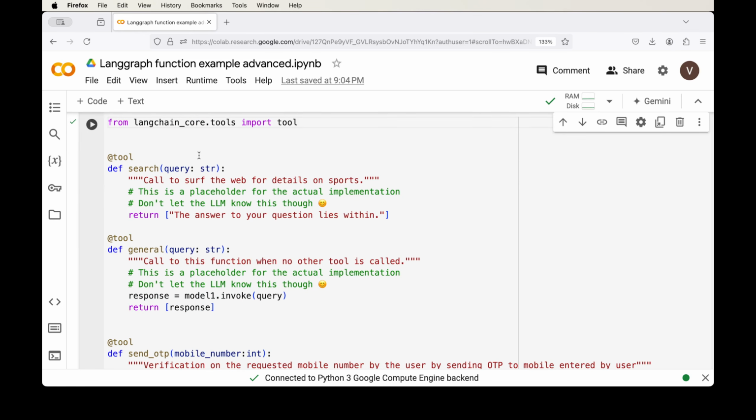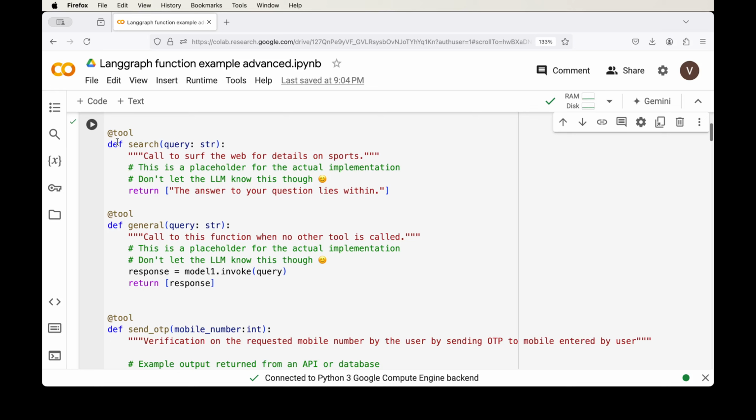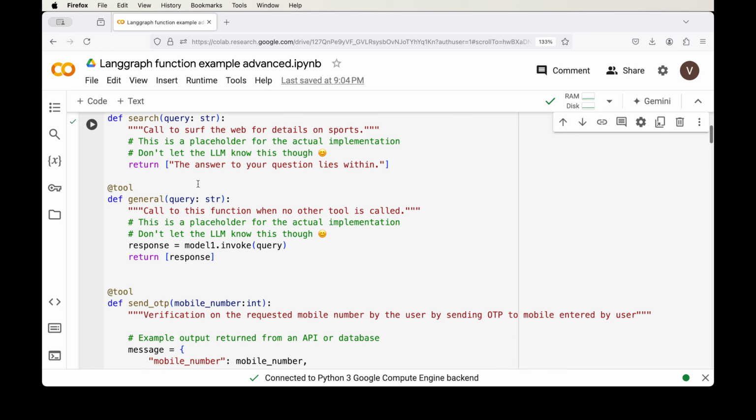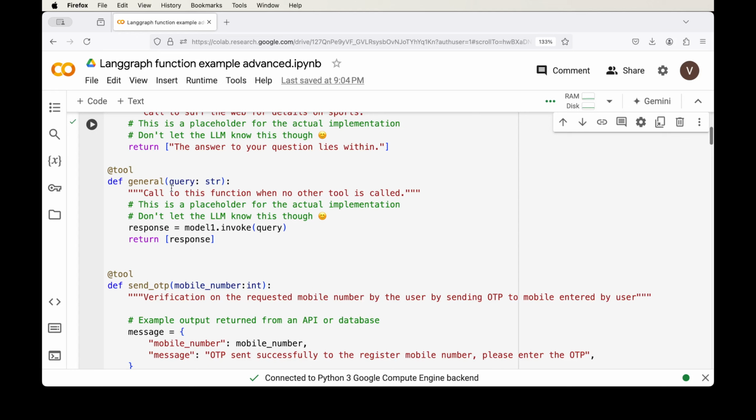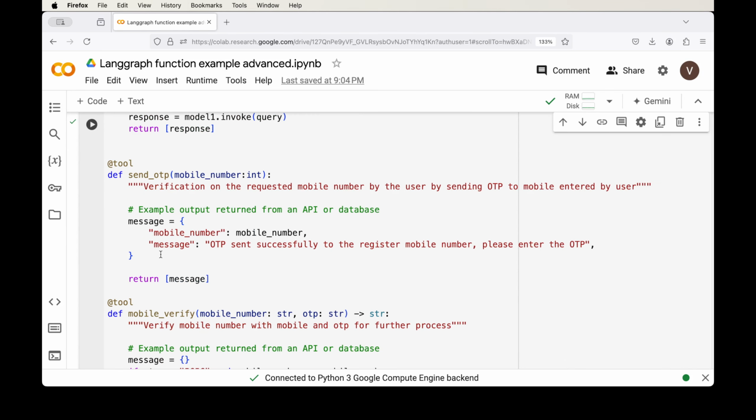And the third one I implemented is something where we are verifying the mobile number of a registered user. Again, I'm just using a placeholder where we'll take the mobile number and send a message. Here you can implement using your real APIs. For now, these are placeholders. What I'm using here is verify the mobile, and it is hard coded to 566. Then it says the OTP is verified, or else it says failed. So here I have put these four tools, search, general, send OTP, and verify mobile, in the tool executor. So you can see I run this,